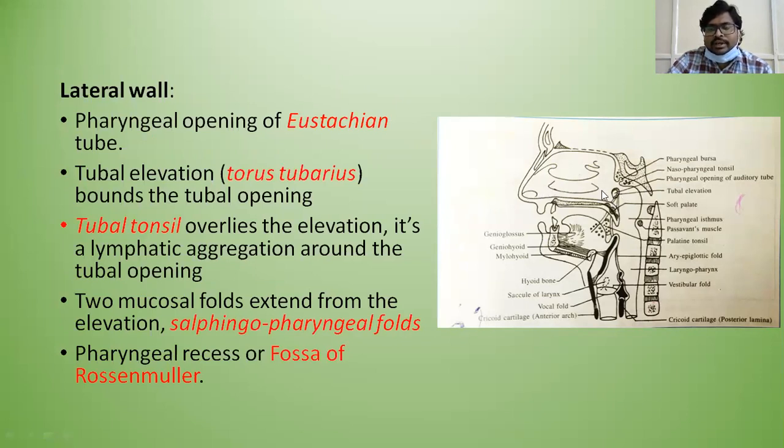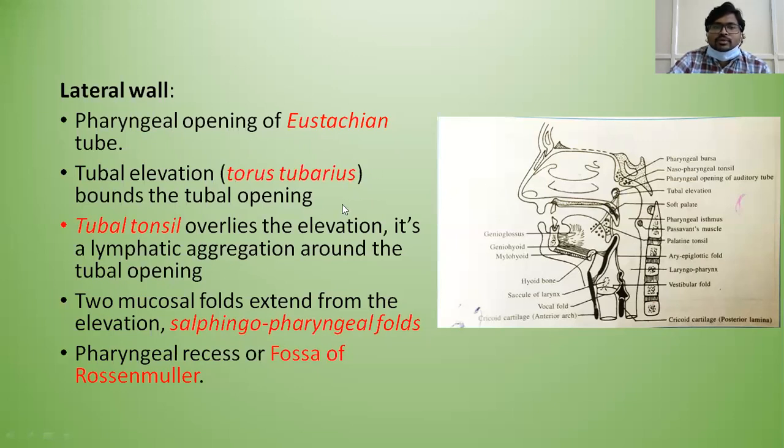This is the inferior turbinate. You should know by now, the anatomy was already discussed. At a distance of 1 to 1.5 centimeters from the posterior end of the inferior turbinate, you can find the opening of the eustachian tube. And posterior superior to this opening, there is an elevation or a swelling. This is known as torus tubarius.